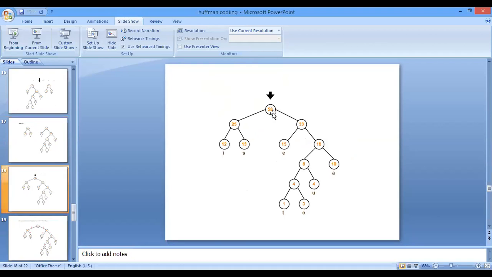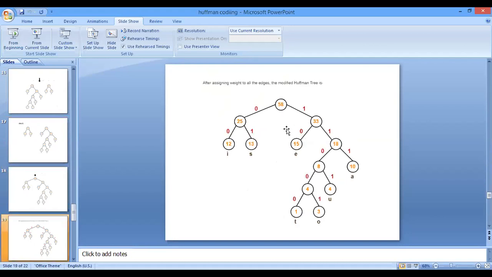Okay, now let's start the process of assigning the bits. So what we will do, we will assign the left edge a 0 bit and the right edge a 1 bit. Like this we will do the process for the whole tree, and then we will count the bits that are going to represent each and every character. So for I, we will count the path from the root, that is 58 to 25 and 25 to 12, that is 0, 0.